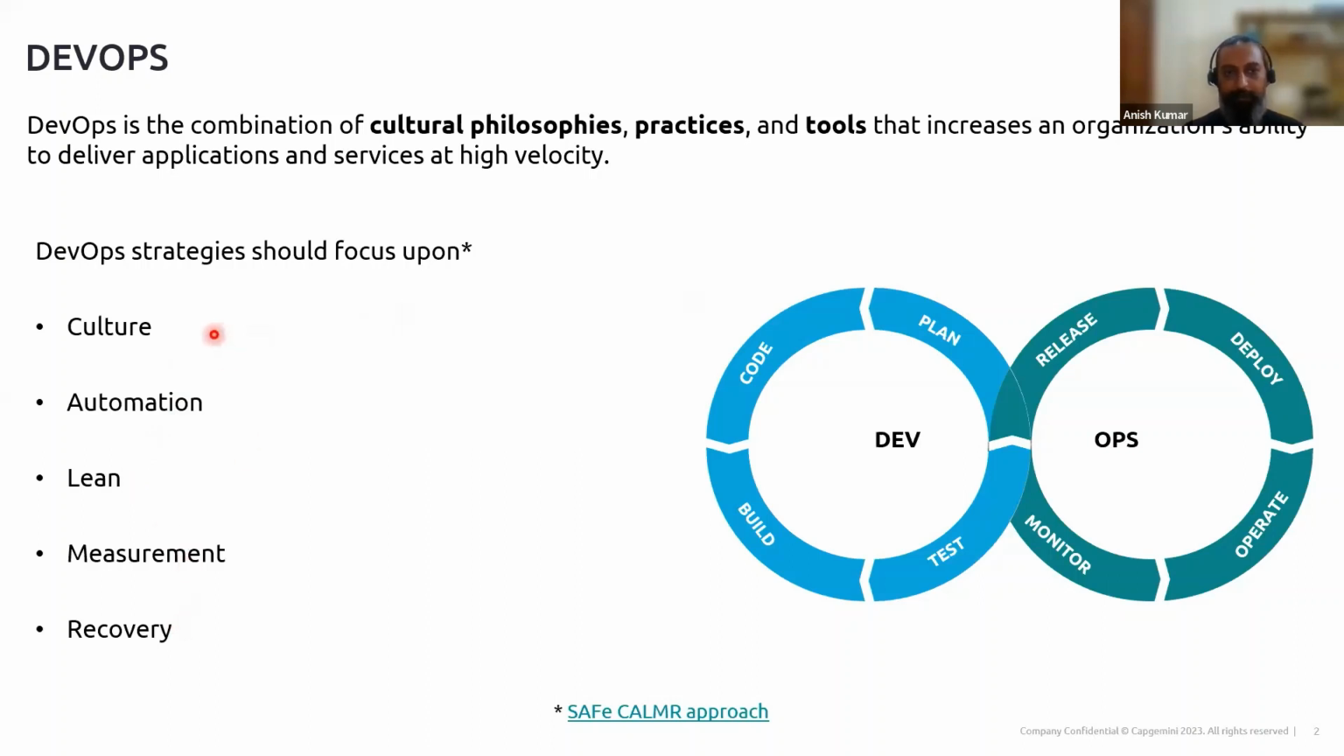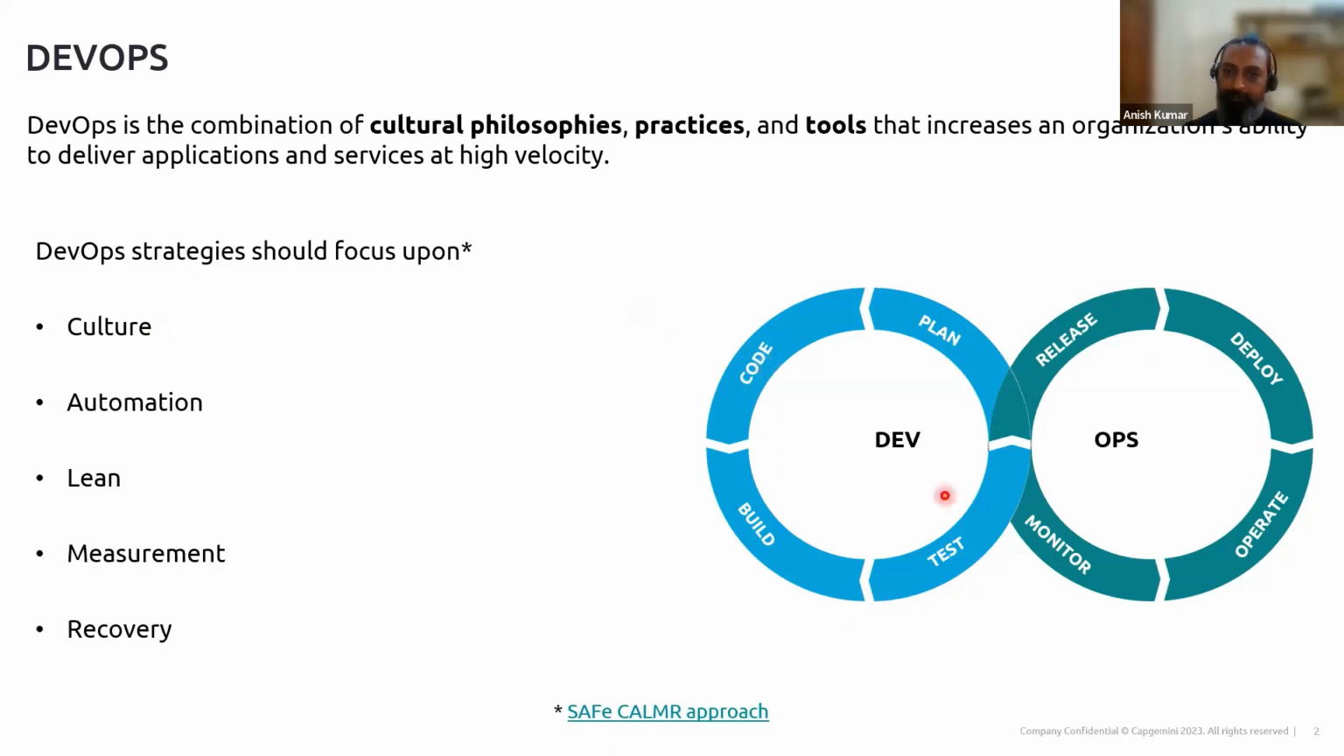And this is the approach recommended by SAFe ways of working. And this is known as the CALMR approach: culture, automation, lean, measurement, and recovery. Let's deep dive into what culture is. Culture is all about how we are trying to get